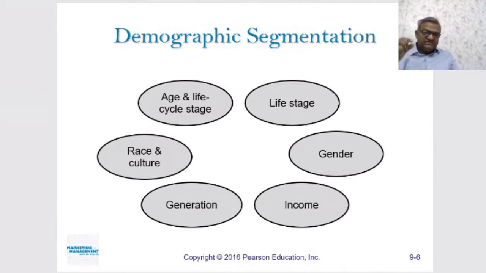So Titan thought that this segment didn't actually have competition, and they came up with this for children aged 6 to 14 years. They came up with this watch called the Titan Zoop. So effectively, this is a very important aspect: they decided to look at demographic segmentation, and then came up with products that matched this specific segment, and it's a big success now. So that is what Titan was looking into.